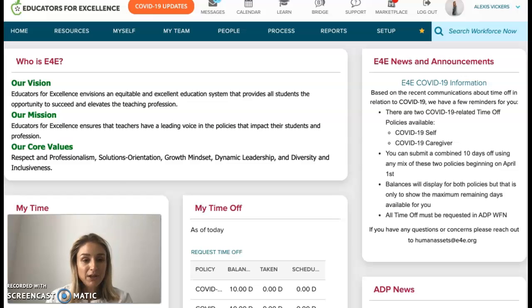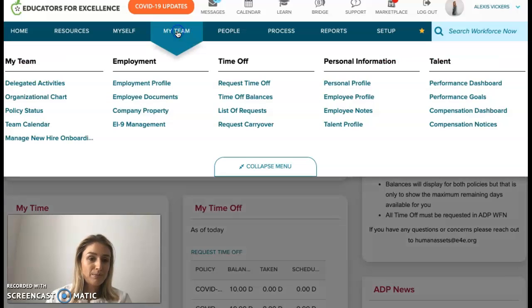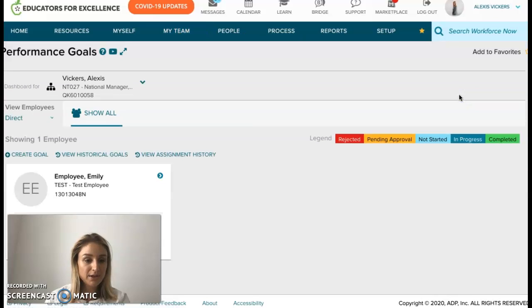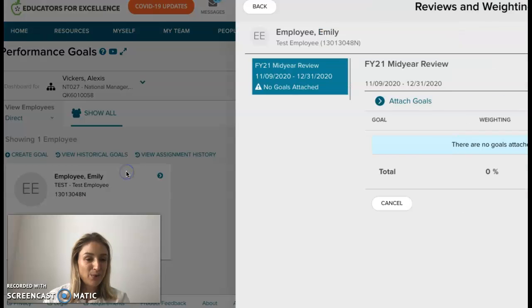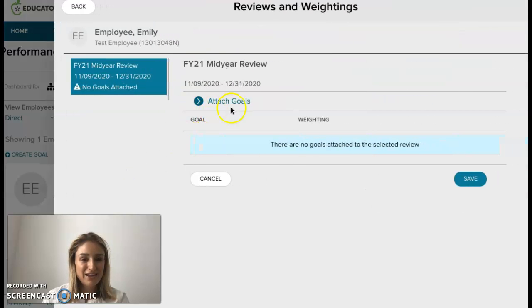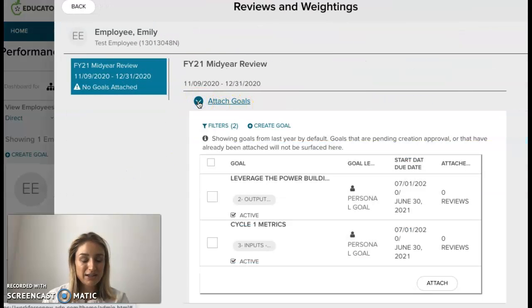First, when you log into ADP, you're going to want to go to My Team and then Performance Goals under Talent. Here you will see all of your reports who have uploaded their goals into ADP. Starting with Emily, to the right of her name, I'm going to click the arrow and go to Review and Weightings. Next to Attach Goals, I'm going to click on the drop-down where I'm going to view all of Emily's